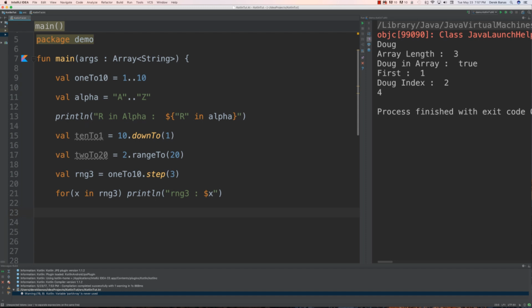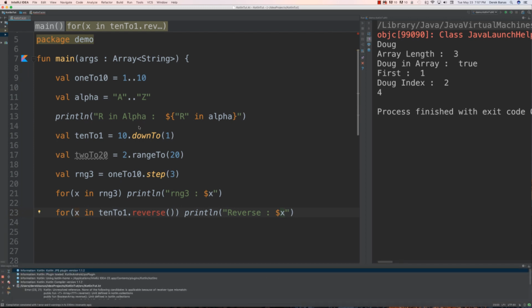And of course, the final thing is we would be able to reverse a range. Let's use the for loop again. So I'm going to go for x in, and we'll go 10 to 1 and reverse, and put that there like that. And then we'll just print the information out again. So we'll go print line and reverse and x, and that is going to allow us to do all that,